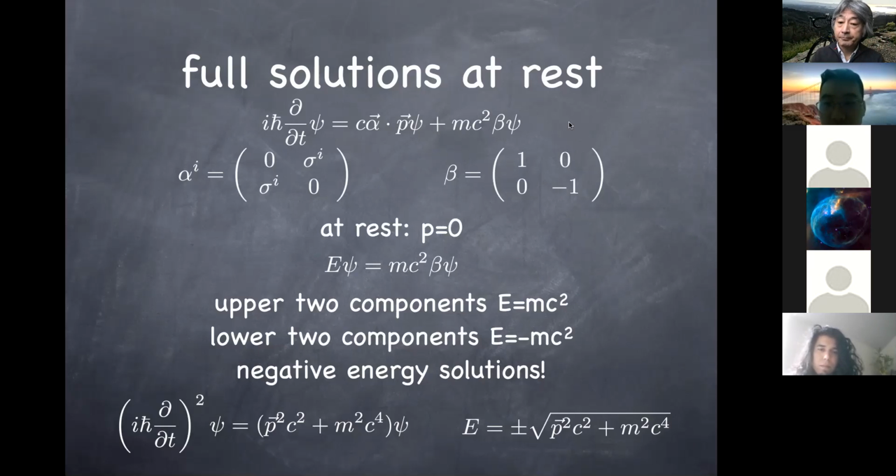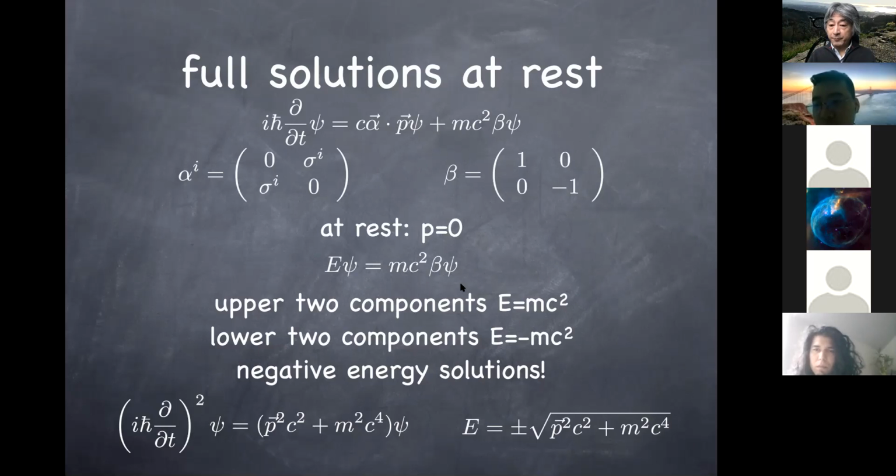Okay? So the components don't really mean anything besides just that there's four different solutions? I guess I'm just slightly confused because we treat the wave function as a scalar field, right? But here now we have four components. Yeah, it turns out that this psi is no longer actually a scalar field in some sense, that scalar meaning it doesn't transform under spatial rotation. Psi, with four components, would actually change by a matrix when you rotate the space.